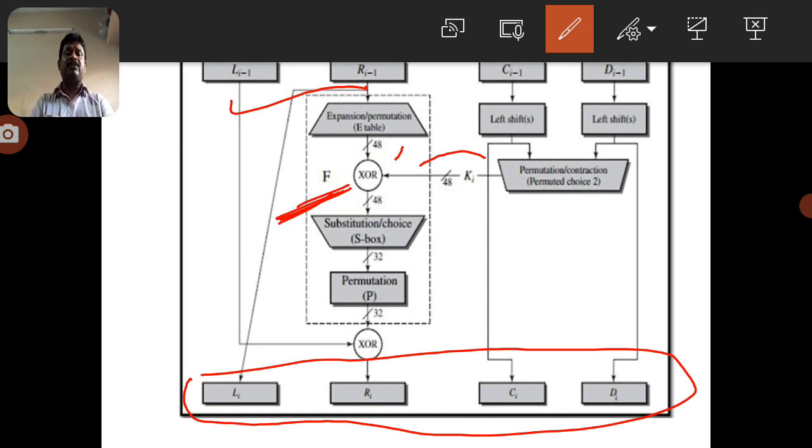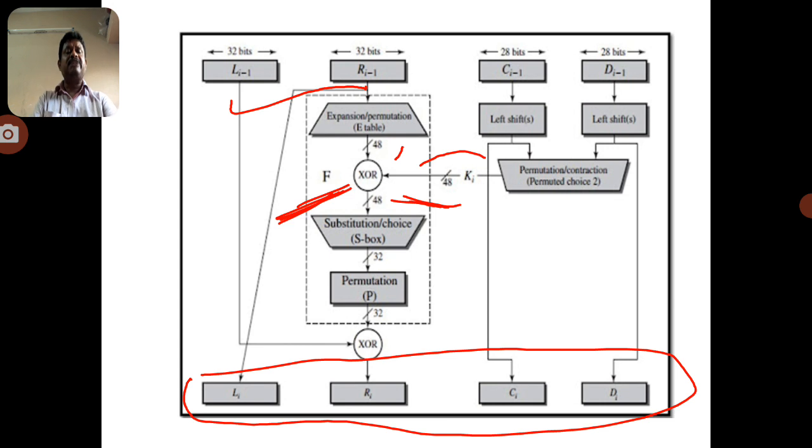How are the 48 bits derived? The 32 bits are taken as the expansion permutation input data and converted into 48 bit data. So that 48 bit data is exclusive ORed, so that finally 48 bits are derived as an output. Here it is very clear, whatever the key size is, the plain text is also taken the same size. The key size, as we already derived, is 48 bits. So the expansion permutation takes the 32 bit and expands it into 48 bits.